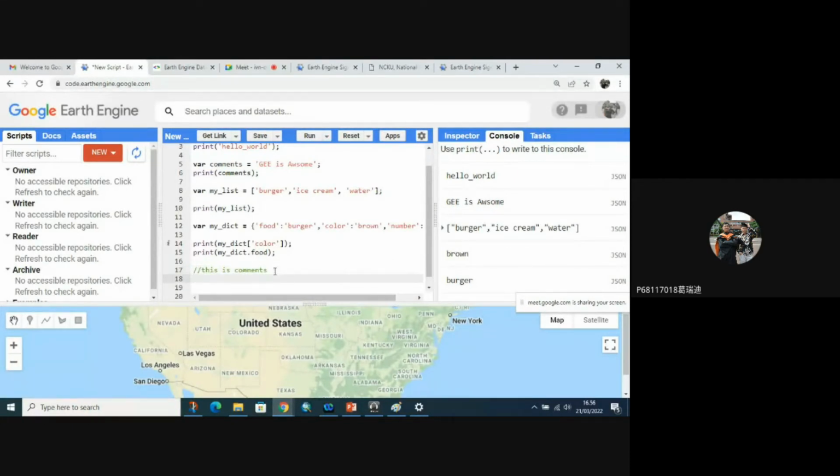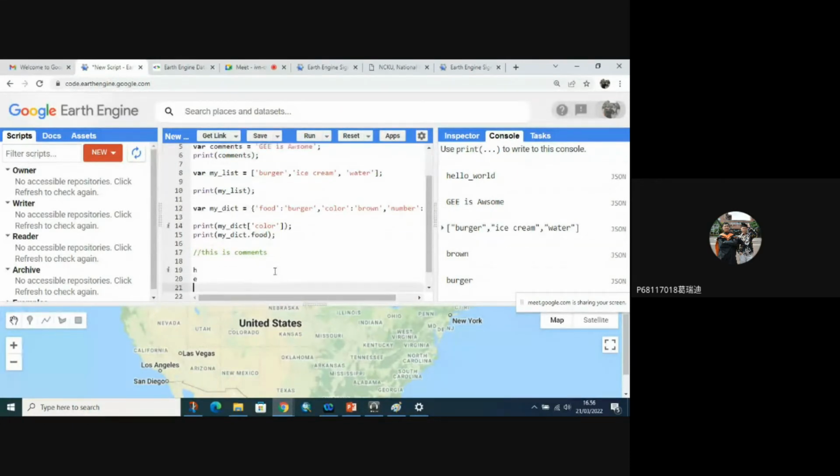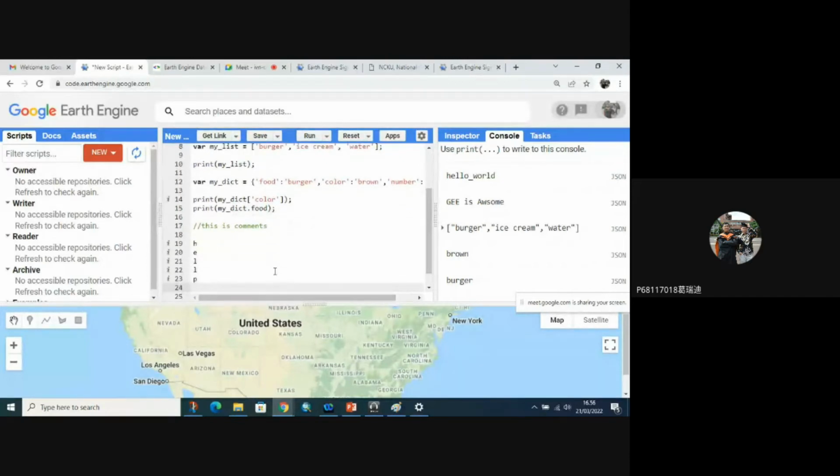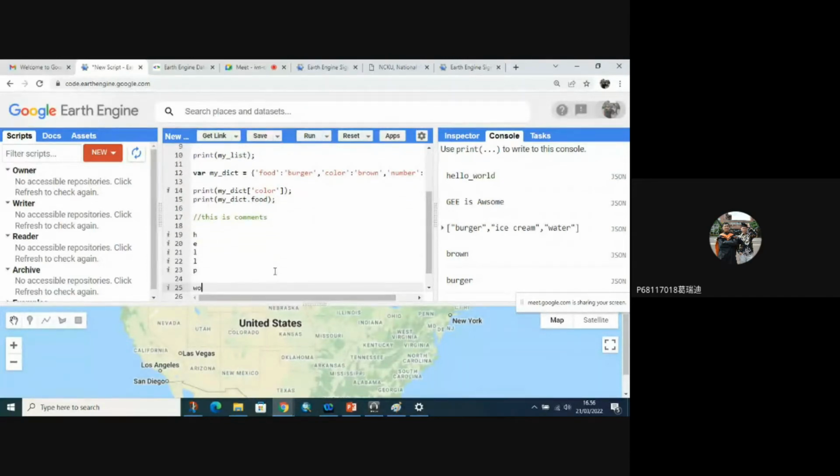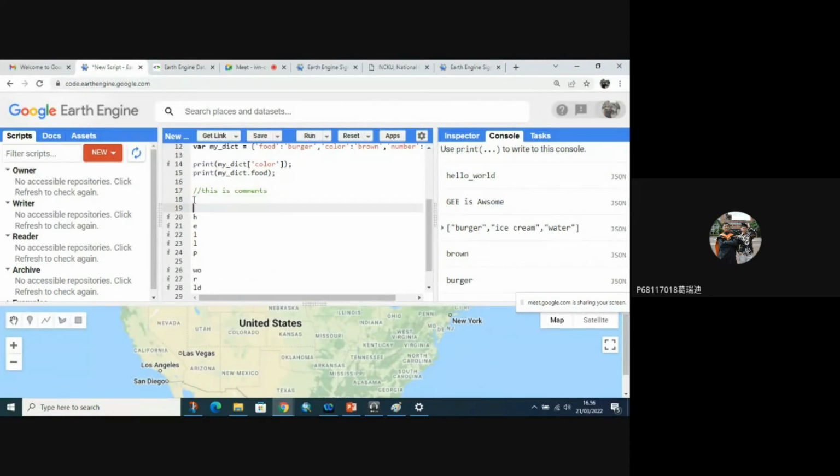If there are multiple line comments, use slash and star, and all of them become green because this is already a comment, but we need to close it with star and slash.